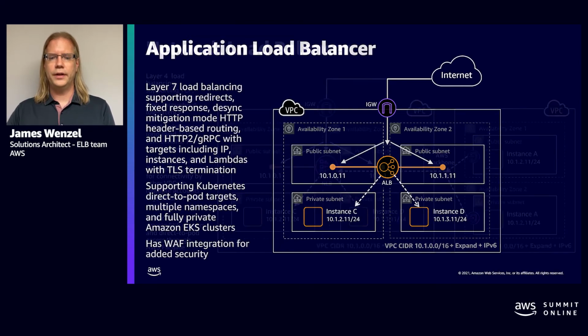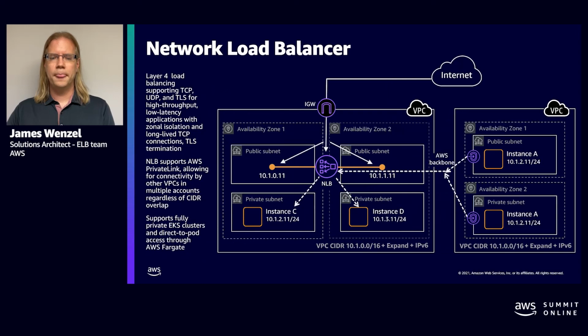The next type of load balancer we have is a network load balancer. The network load balancer operates on our hyperplane. It is a very, very fast, low latency load balancer. Layer 4 is typically what we say it operates on, and it uses TCP and UDP. One thing to mention too with the NLB as well as the ALB is both of them do TLS termination, so it can do that offloading of the TLS traffic, so you don't need larger instances to be able to process that. But the NLB also does some other cool things too that the ALB does not.